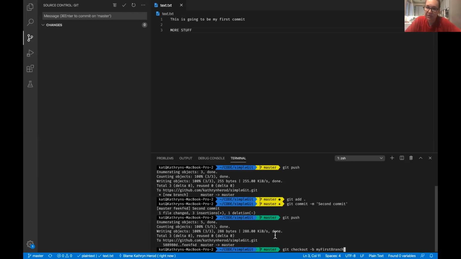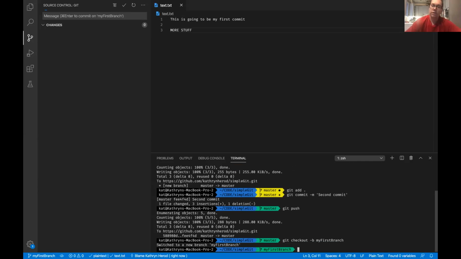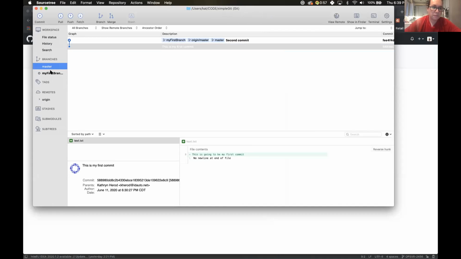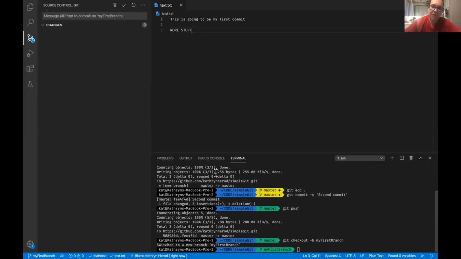And what that's going to do is it's going to take all the contents from this master branch and transfer them into this new one, but it's creating a copy. What does that look like? So let's look at SourceTree. Oh, it won't show me until I make a commit. Duh. Okay. So